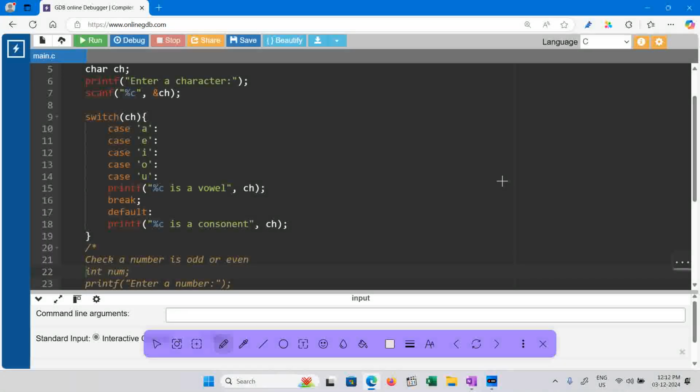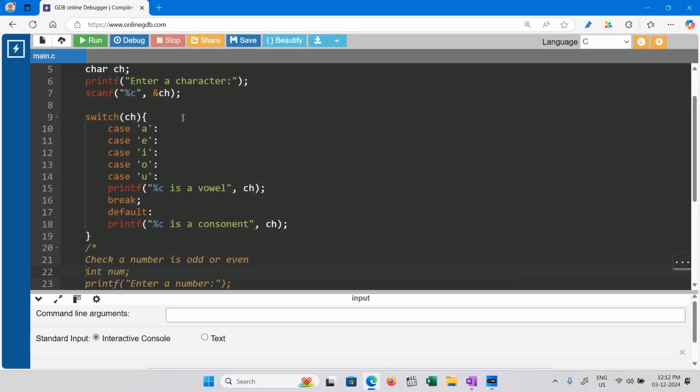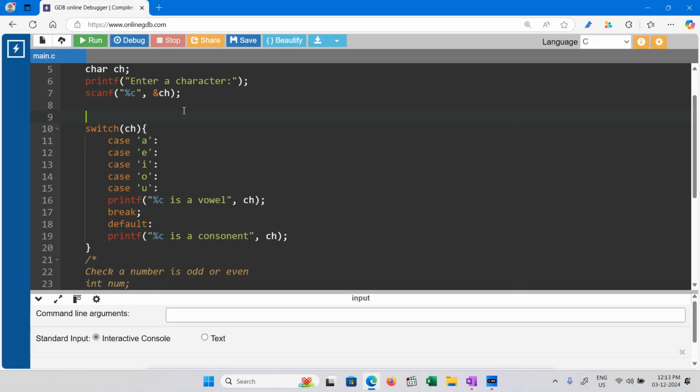Now, sir, what if you take an input as O? I have not handled the uppercase, I have handled only the lowercase. If you want to handle the uppercase, you need to build more case conditions, because we don't have a logical OR scenario here. So one thing we can do to handle uppercase is convert the uppercase to lowercase. Suppose the user entered an uppercase. Here, first you need to check if ch is greater than or equal to A, and